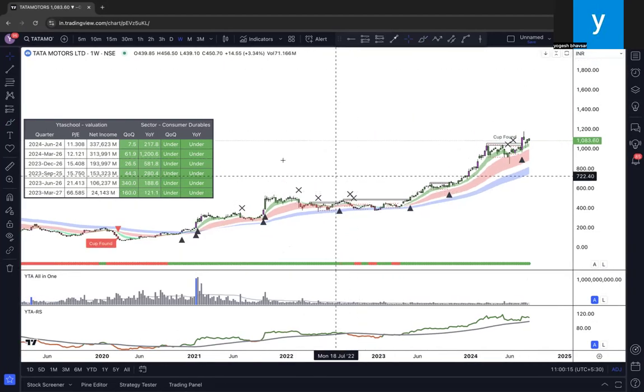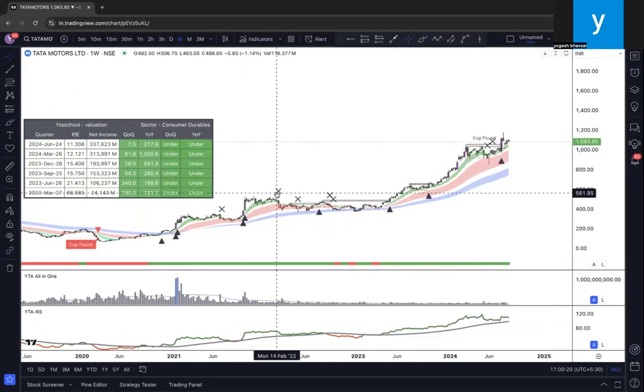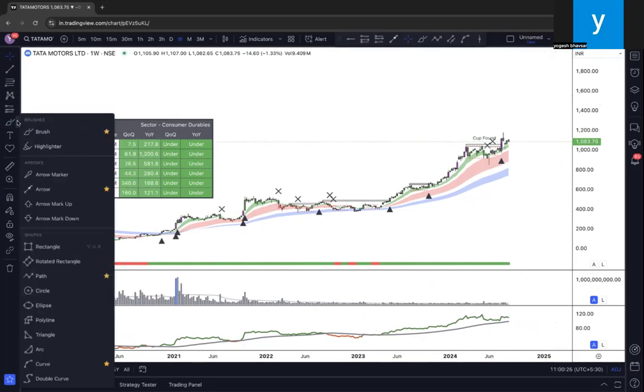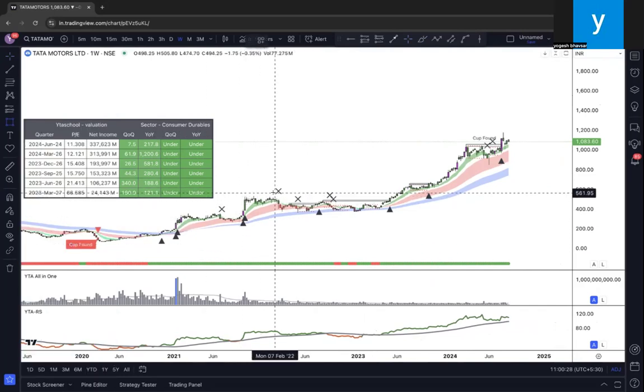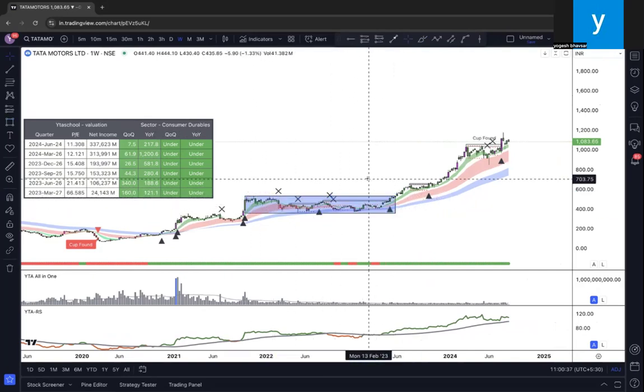Let's figure out, do we have more number of X's in this stock? Yes, see, 1, 2, 3, 4. If you just take a box over here, let's highlight this area. 1, 2, 3, 4. Which is the highest X over here? This one. If I just connect these X's and plot, what we come to know is that this stock was trying to go up, but due to the large number of X's, there was a lot of pressure.